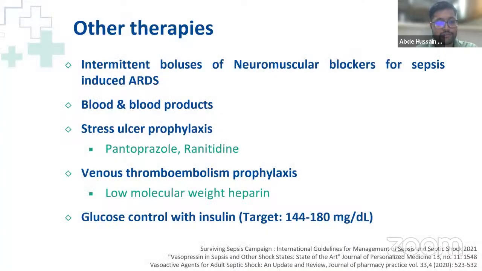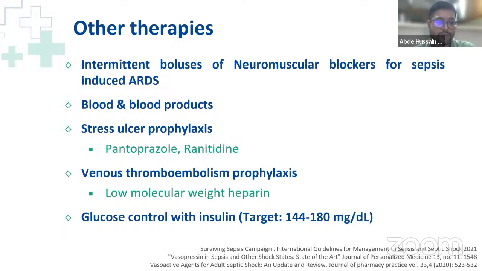Now, other therapies that we need to consider in sepsis are intermittent boluses of neuromuscular blockers for sepsis-induced ARDS in patients who are mechanically ventilated, and blood and blood products in cases of anemia, so that optimal oxygen delivery is there. If hemoglobin is not present in adequate quantities, we cannot achieve proper O2 delivery, even when we have resuscitated with a lot of fluids, because it is the hemoglobin that delivers the oxygen to the